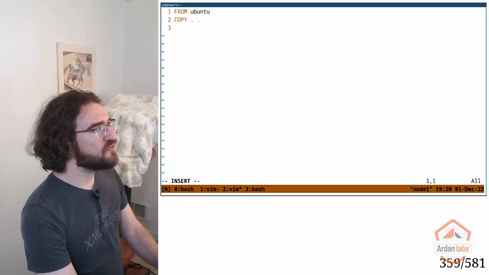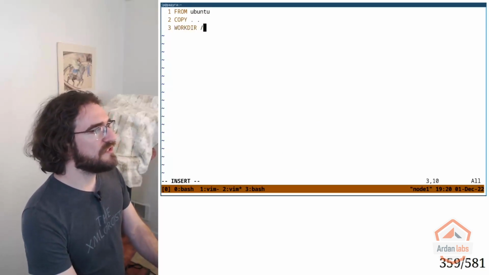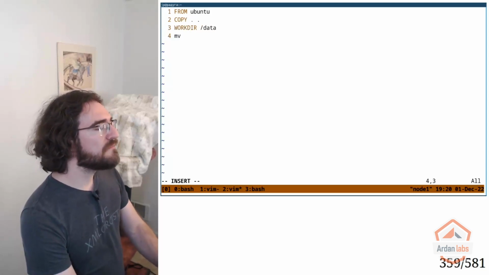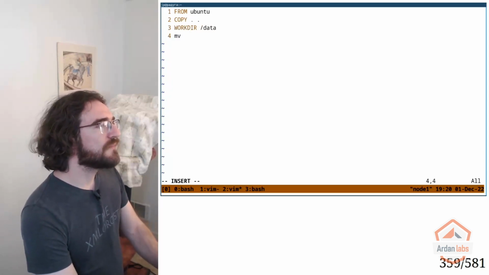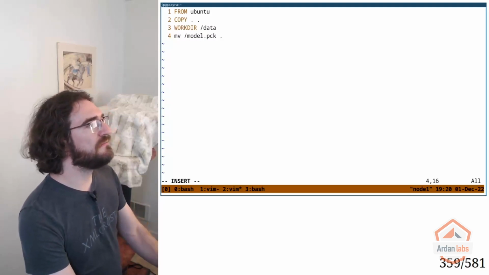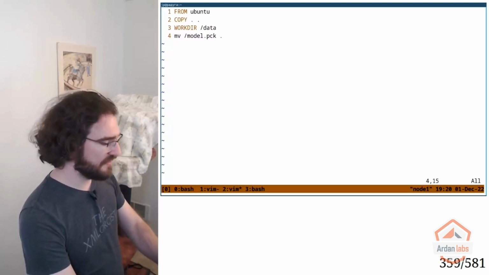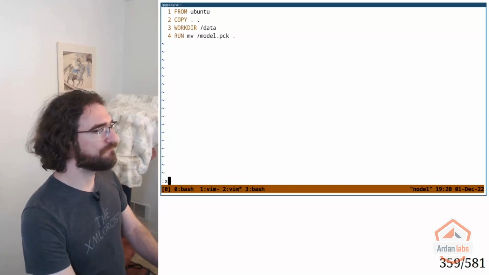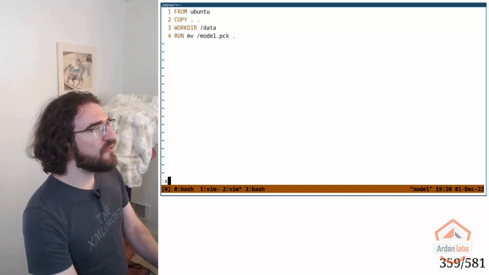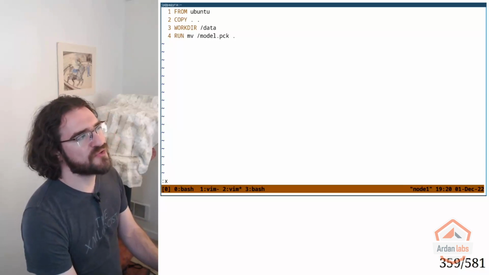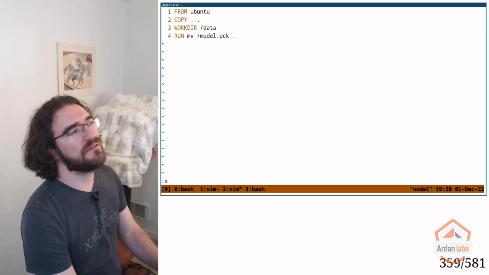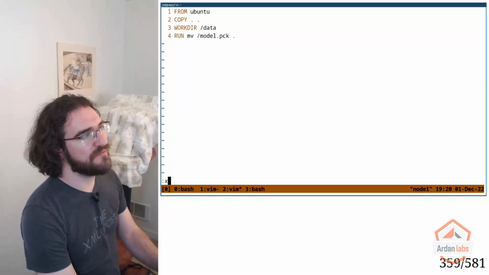and then I'm going to do workdir /data, and then move /model.pck in the current directory, something like this. Okay, so if I look at this Dockerfile and I'm trying to think about what will be the size of the image,